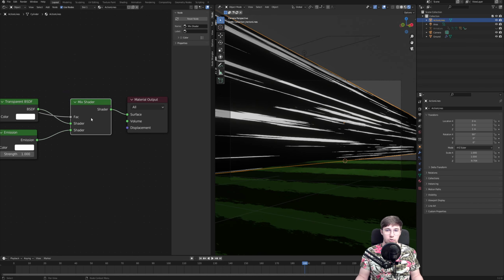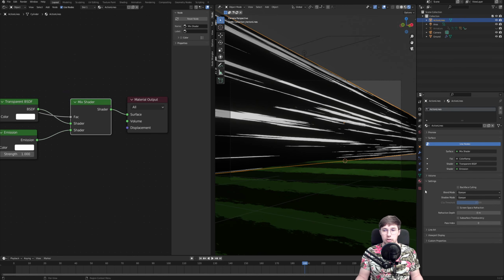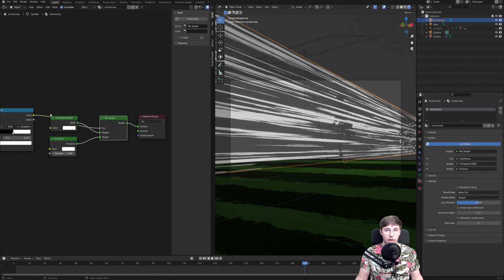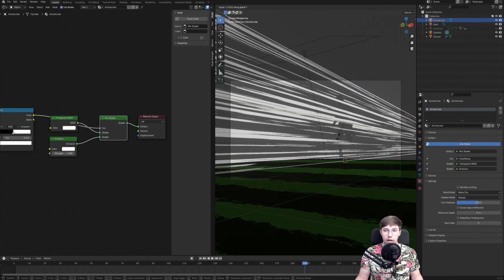And if after that you still don't see any transparency, that is because we need to go into the material properties and under blend mode, change the opaque into alpha clip. And that is gonna let us see through all the black values that we had from our noise. And as you can see, I see a little bit of that end cap of the cylinder, so I have to scale it a little bit more on the y-axis, just to make sure that none of this is visible